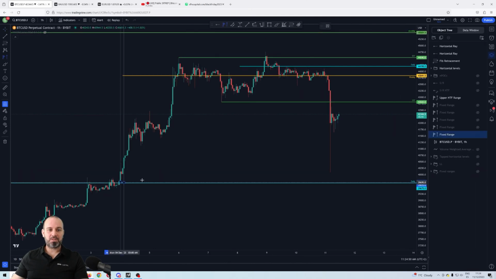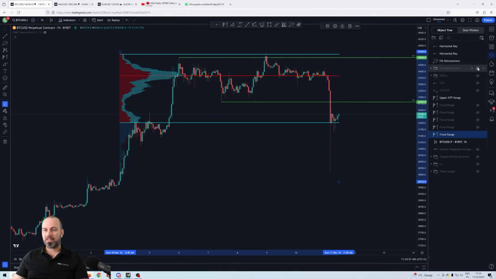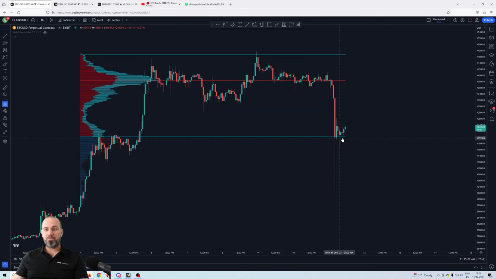I would like to see what's going on above 40k and above this daily. How is the volume? And you can see what's going on now. Let's hide the horizontals, and I want to keep only this. With this information in mind, we see what is going on and why this area is so important, and why there are a lot of traders willing to trade this area. Why? Because this is the value area low of the entire price action that we do have above the 40k psychological area. As long as the price is within this area, that's good for the bulls, and it opens the